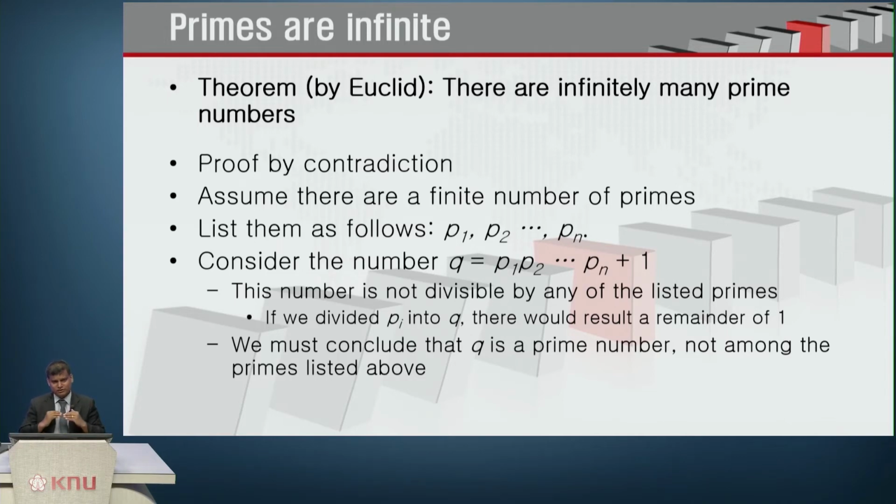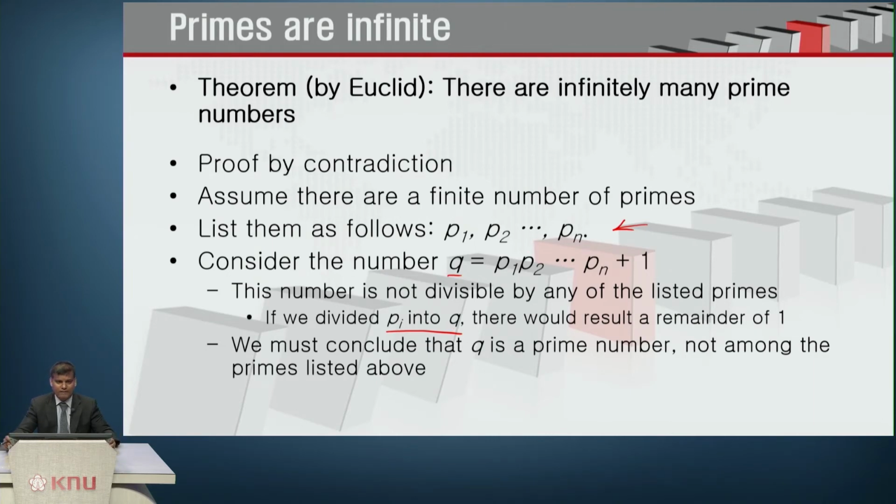Consider the list. Initially we had a list P1, P2, P3 till Pn, and now we are considering a number q which is not in the list. This number q is not listed as a prime number. And now what we are going to do is divide p1 into q, and we know that